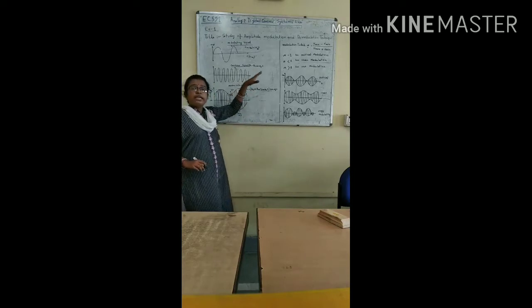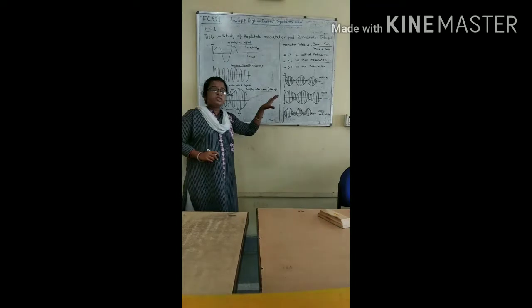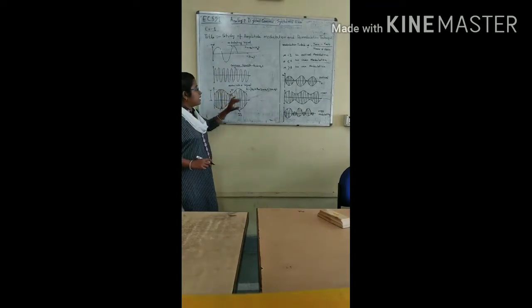So it is very easy to design an antenna when we use modulation. In amplitude modulation, the message signal and carrier signal are superimposed, and then we get a replica signal,